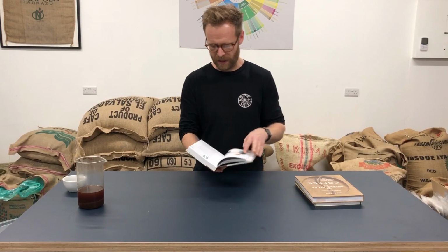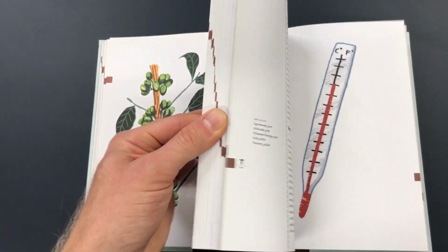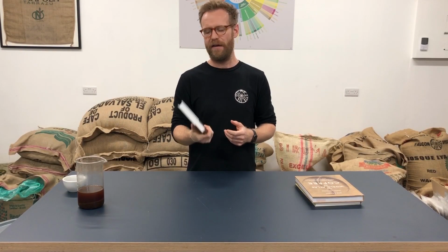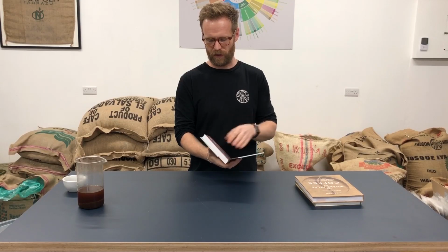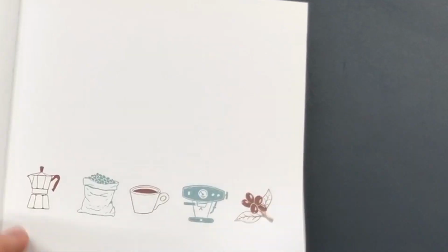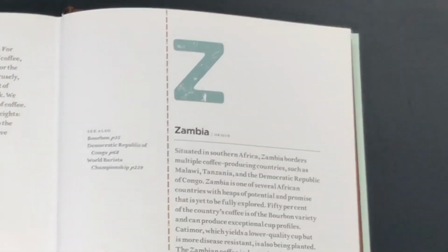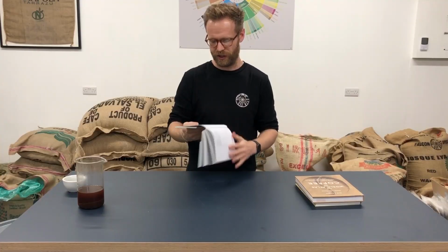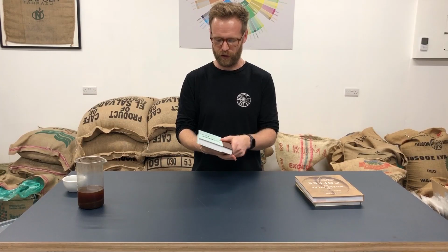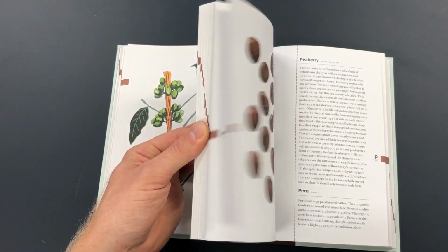So this book is a beautifully illustrated A to Z guide of the coffee world. So basically terminology, every single thing you need to know about coffee is in here, all the way from A, which starts with acidity, all the way through to Z, which is Zambia. Zambia being the coffee origin of choice. Just a really nice, well put together book, full of all the industry terminology you will ever need to know